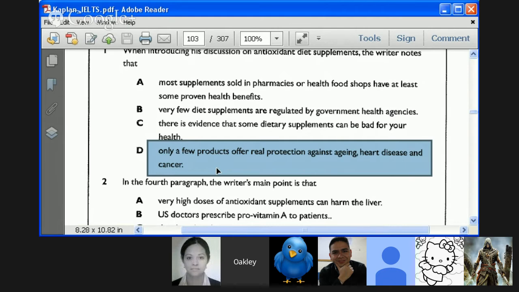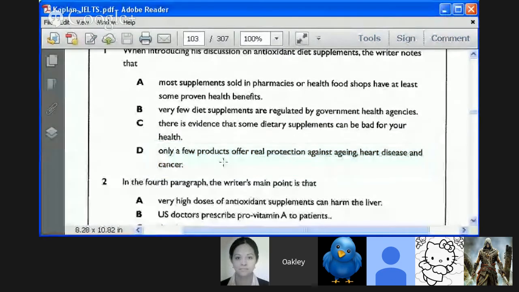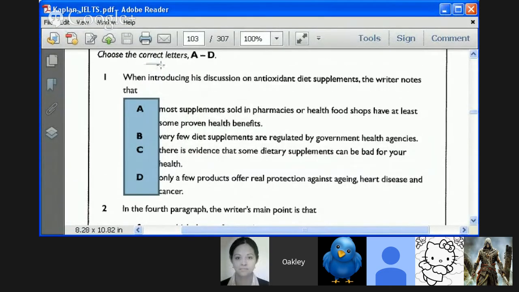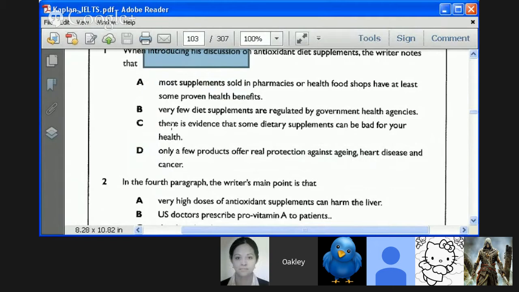No, I think that it can be a conclusion. Okay, so what's our problem here? That we've got A, B, C, D. None of these are in his introduction. Absolutely none of them. Okay, so now we have to rely on either our skim and our best answer, or